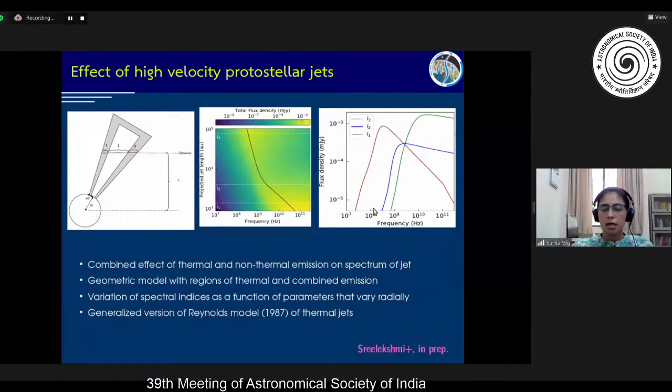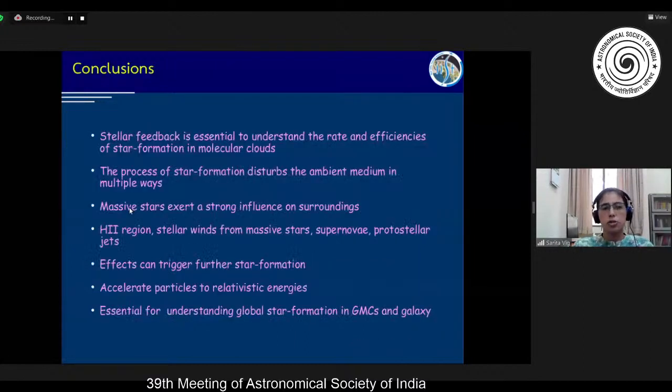And finally, I would like to say that we have been trying to understand this through modeling. Along with Sri Lakshmi, we have been working on some models to understand the radio spectral indices, and trying to understand them using some simple geometric simulations. So with this, I come to the end of my talk, and the takeaways that I would say are the following: